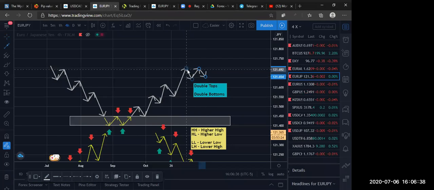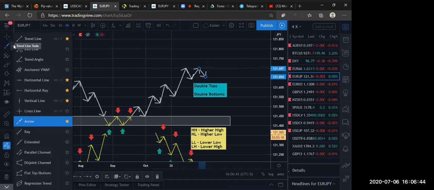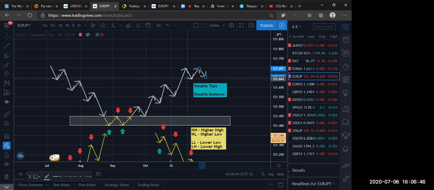So you technically are still in an uptrend. You're in an uptrend until you see a breaking structure, assuming that this would be a breaking structure. If it breaks past this area, then I'm going to start looking for sells. But for the most part, I'm still looking for buys